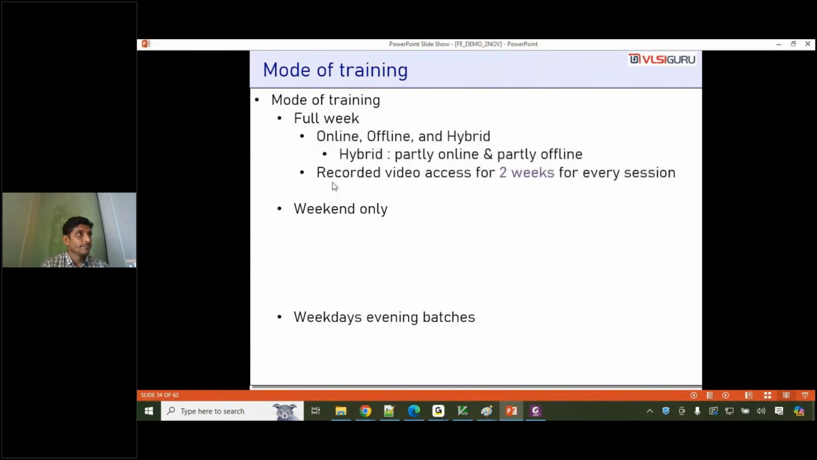The full week training can be done online, offline, or in a hybrid model, which means you can switch anytime. Let's say this month you are in Bangalore, and next month you want to go to your native place, you can still attend. If you ask me what I suggest, I always suggest you attend offline mode, because that's where you can interact with the trainer in person and get